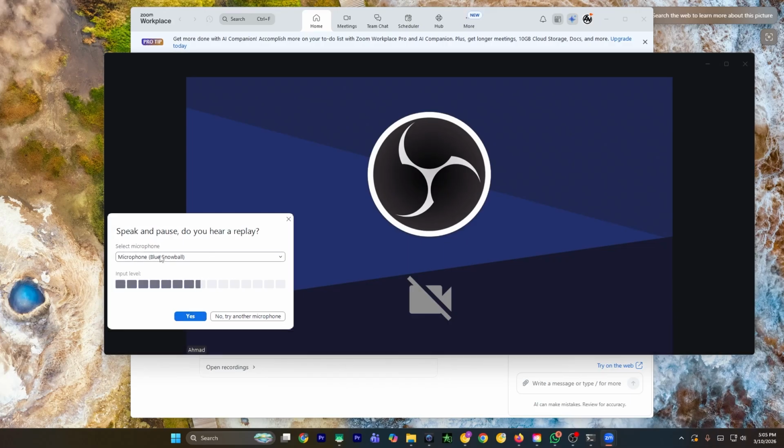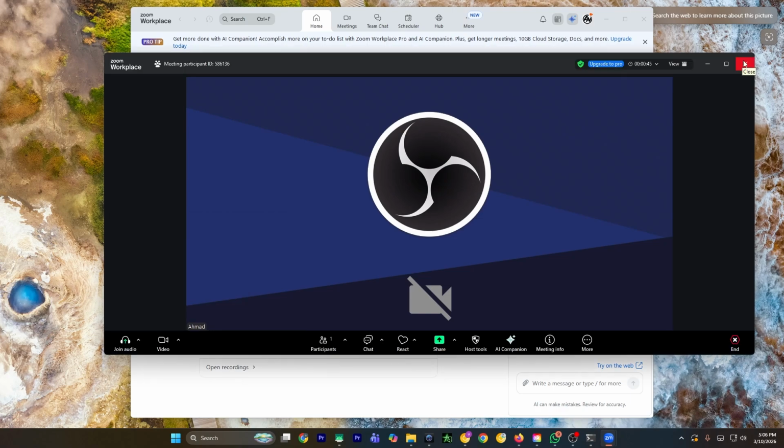Now in the microphone section, you have to click on the drop down button and select the VoiceWave microphone. Once you select that, you're good to go. So that's simply how you can change